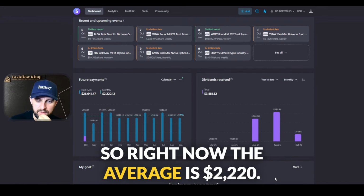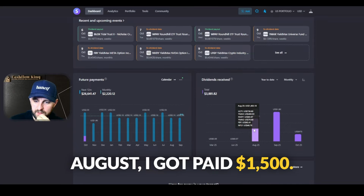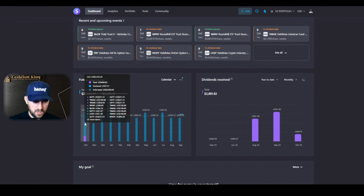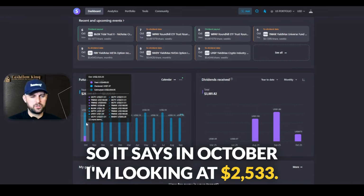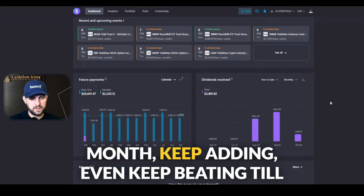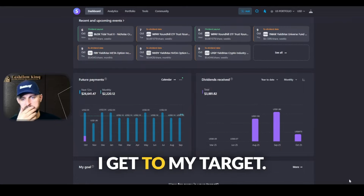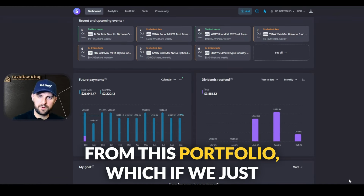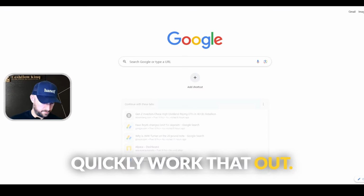So right now the average is $2,220. August I got paid $1,500. September was $1,900. So it says in October, I'm looking at $2,533. So I'm happy if I just keep beating every month, keep adding and we keep beating till I get to my target. So I want around £50,000 annually from this portfolio, which if we just quickly work that out, so it's around